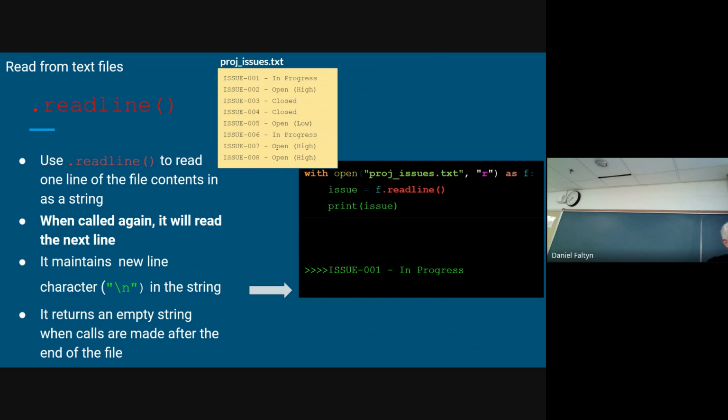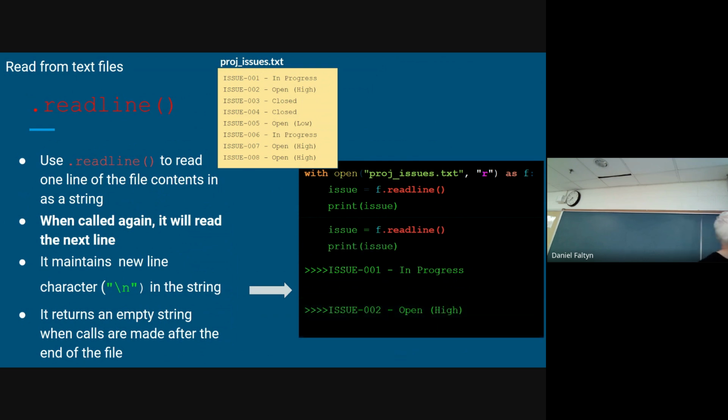And maybe you read in Zybooks, if you got to that part of the chapter, that you need to do this crazy thing with sys dot blah, blah, blah. I read that stuff in Zybooks and I was like, this is just insanity. And I blame Microsoft. But back to the point, when I do readline again, and then I print, it prints out the second line in that file with that empty new line. So we have to be careful with that.